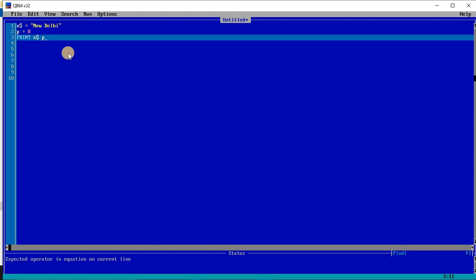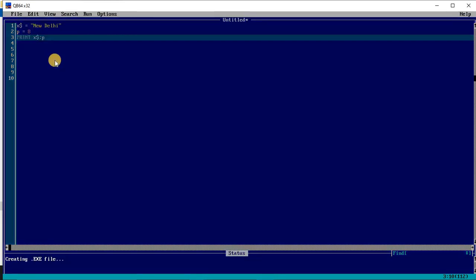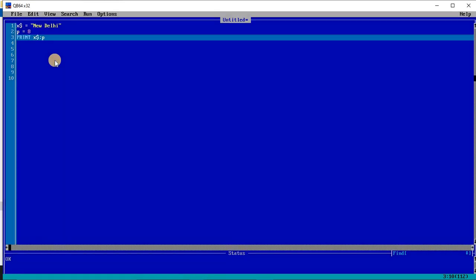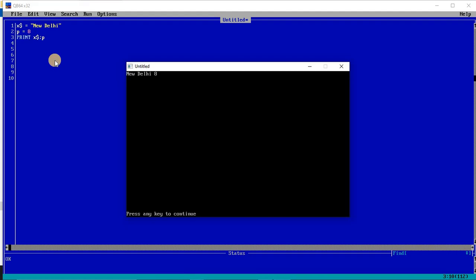You have to put something over here. So we can put a semicolon over here, so that it will give you one space. Now let us see. See, New Delhi and then one space and 8. So it's printing the value of x, one space, and then p's value. So it is printing in this way.